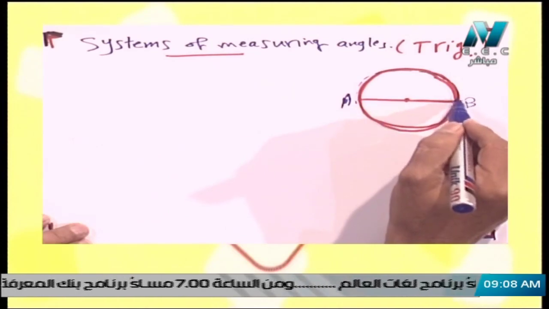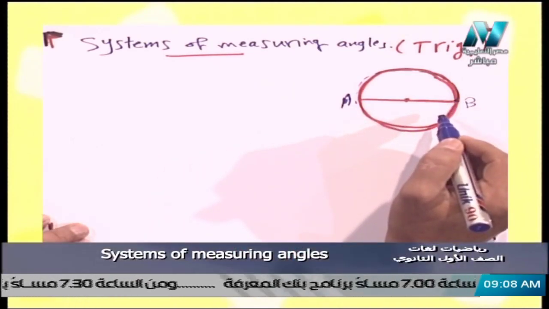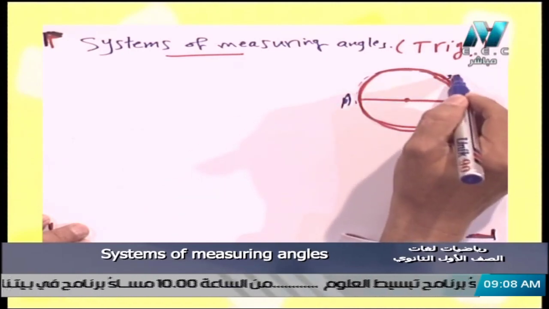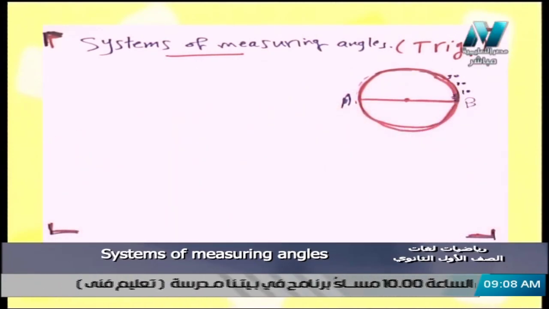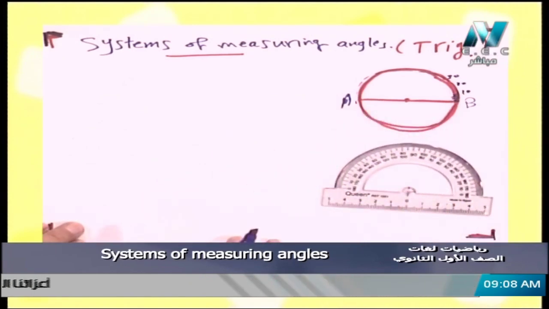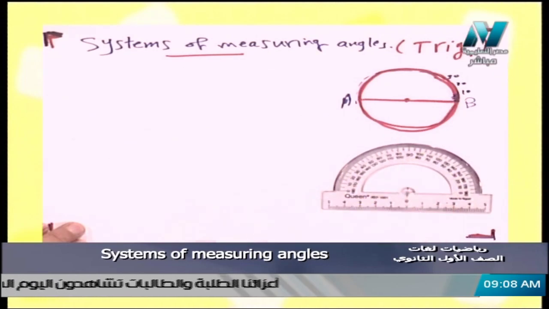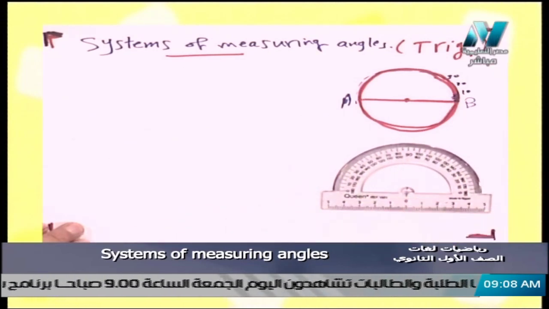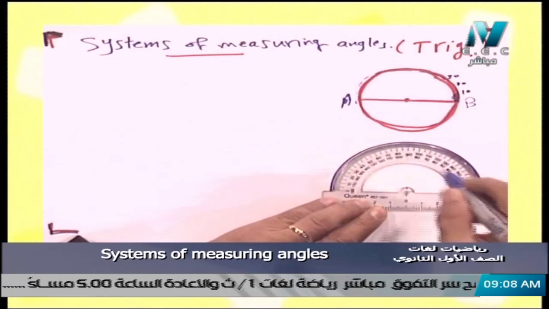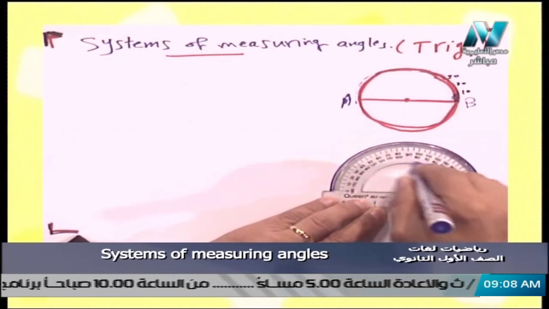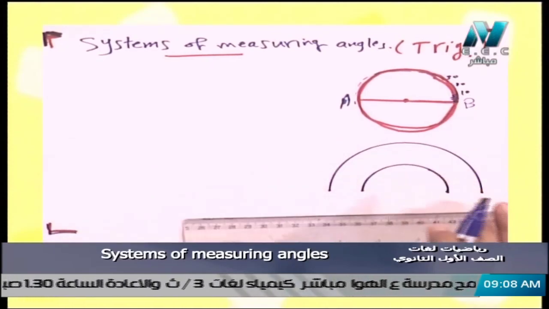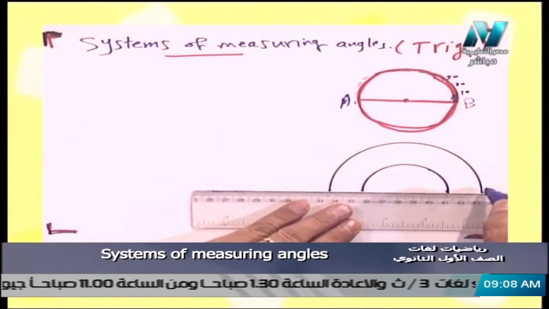If we start from here, say 0 degree, we'll complete as 10, 20, 30 degrees. What about degrees? Now we have the first system which we already studied from the first years of primary school. We have here this protractor. If we try to draw this semicircle here, and this is half or semicircle like that,